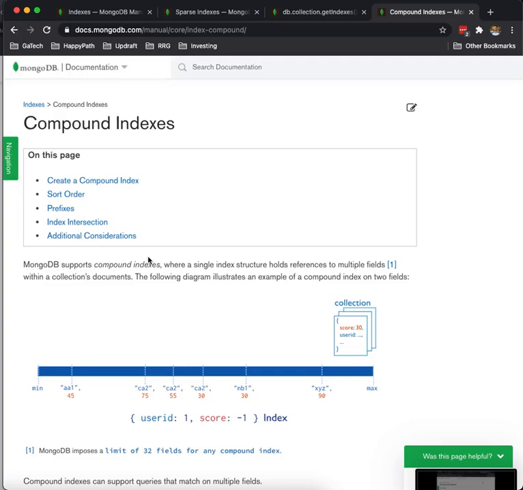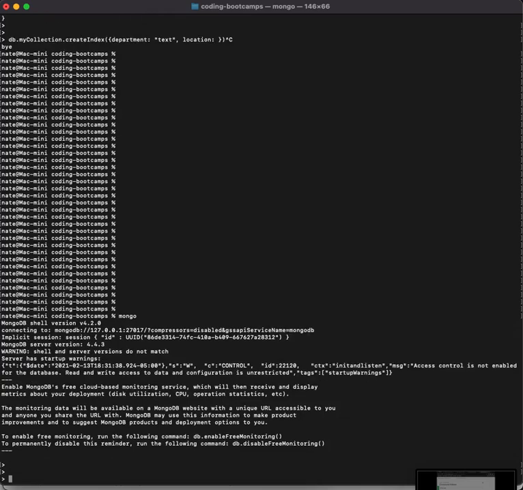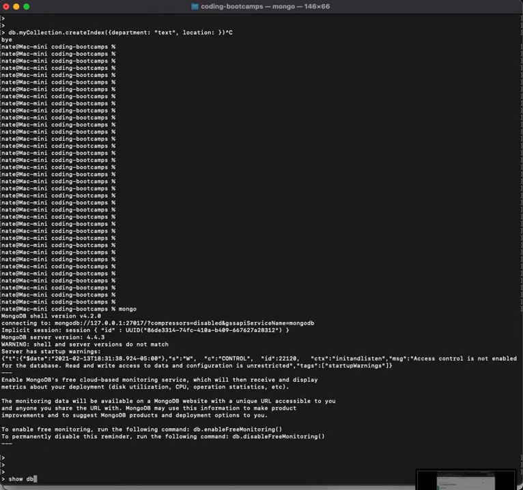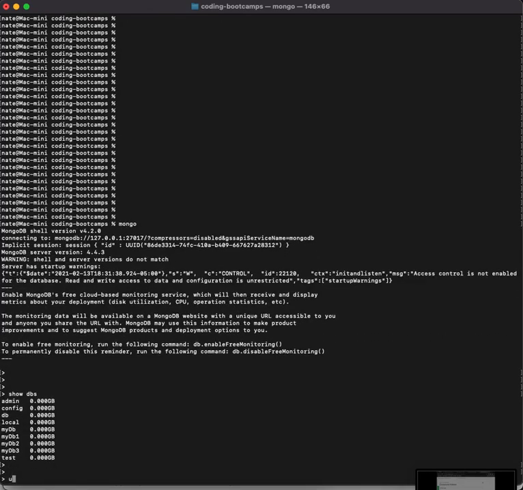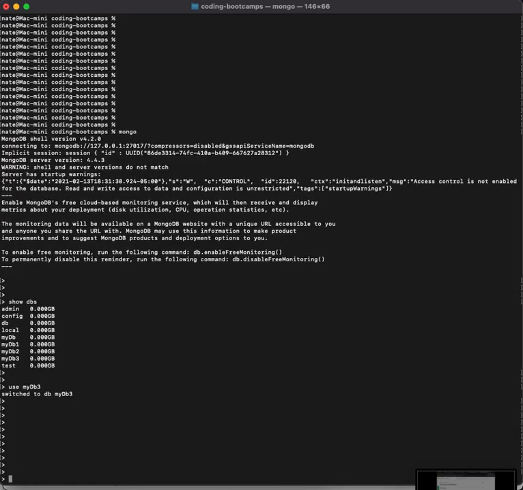This means that if we go back to our CLI in Mongo and go back into our database, this means that if we define an index that has two fields as keys for our index, then we'll only store records in our index that match both